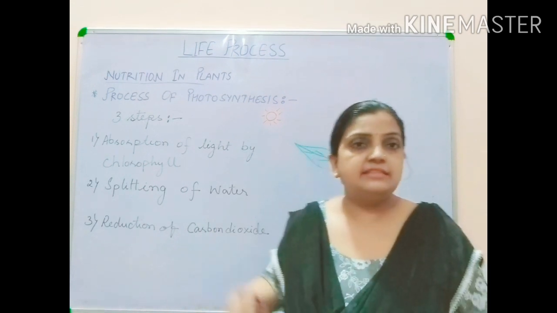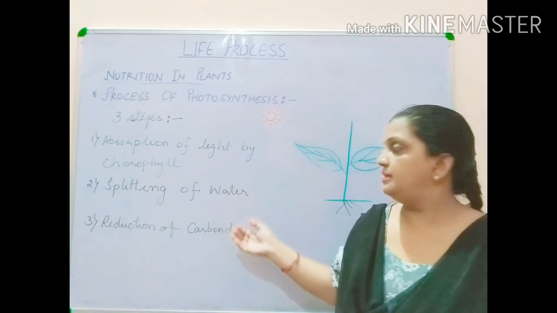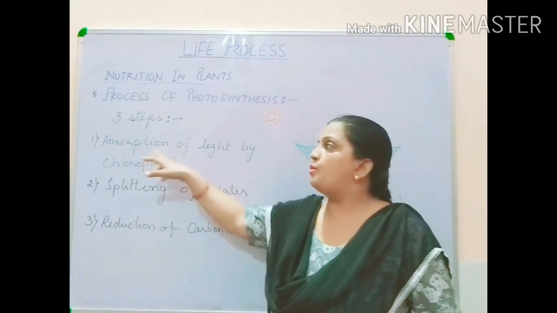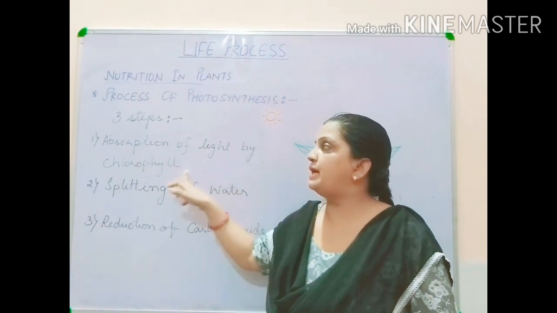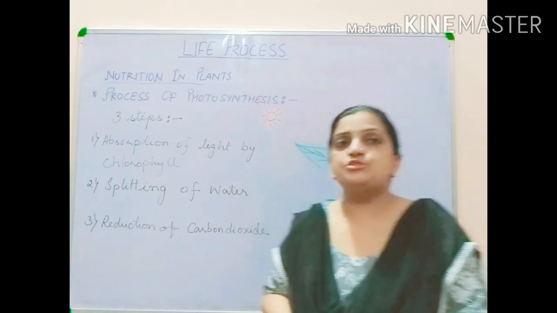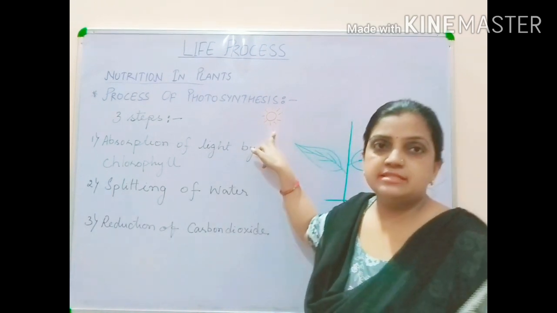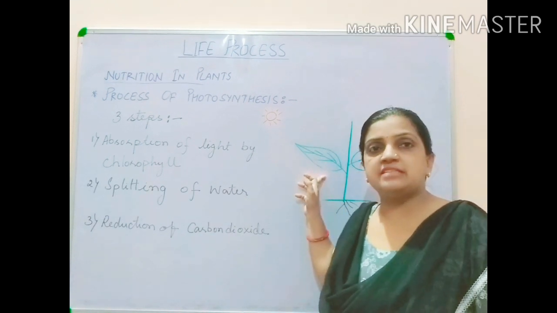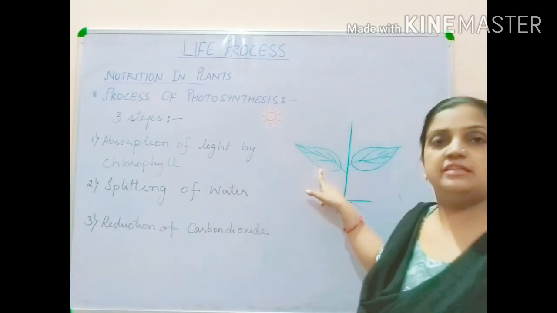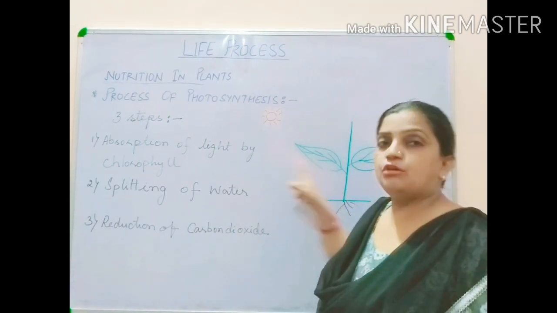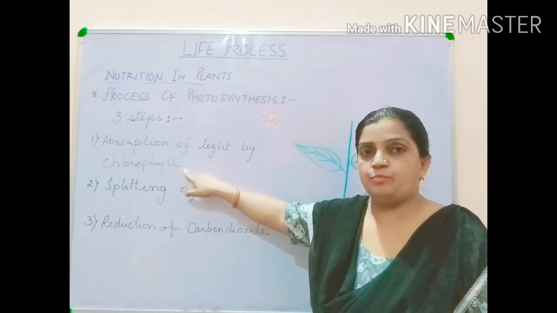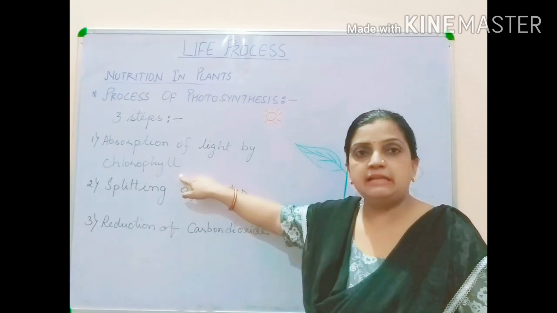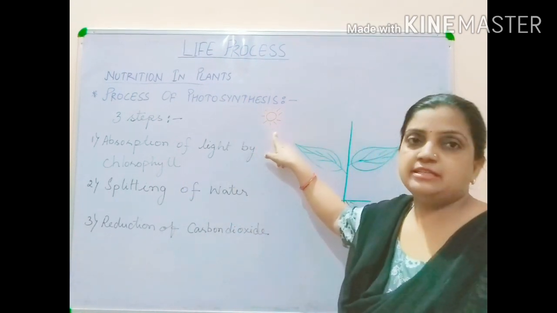And here, at this level, you will be understanding at a short, small level. So, what does absorption of light by chlorophyll say? Now, I told you all that this is sunlight and this is a plant leaf. And the chloroplast, a cell organelle, is present inside the leaves. So, this chlorophyll is present in the chloroplast. And this chlorophyll is responsible for trapping the sunlight, which is present here in the atmosphere.